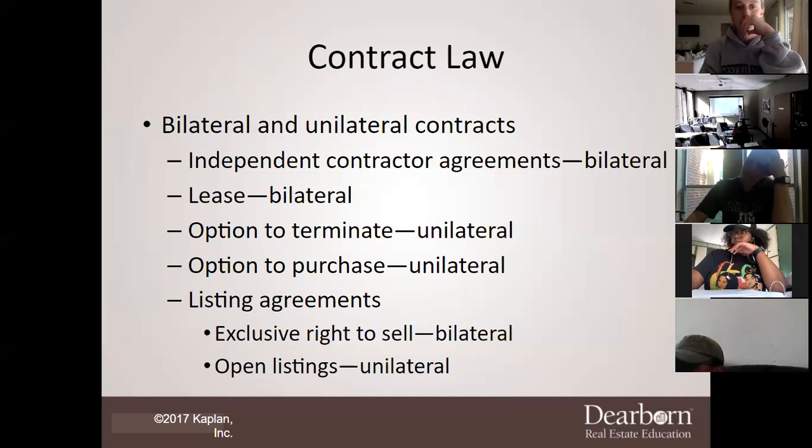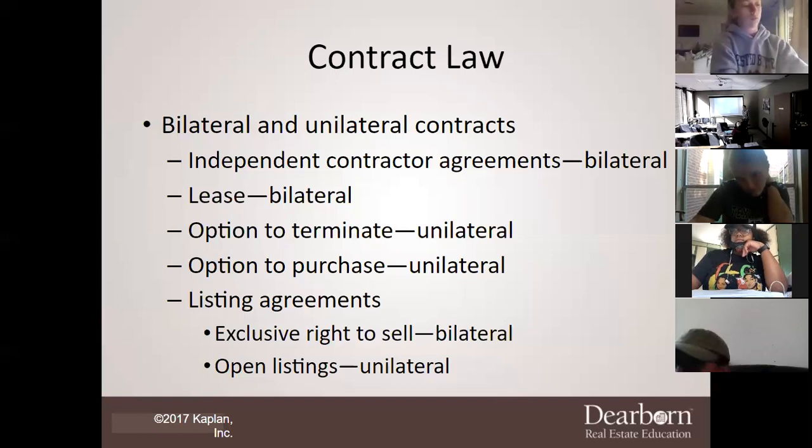An independent contractor agreement, that's going to be bilateral. Who are those between? Who are the two parties to an independent contractor agreement? No, not you, ask them. Pick somebody and ask them. It's between two people. It's going to be between the contractor and the